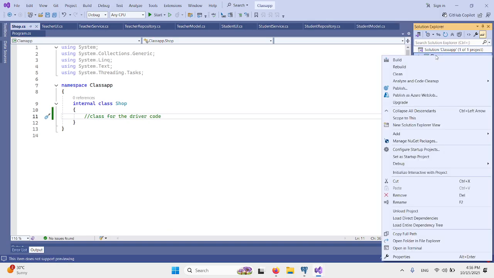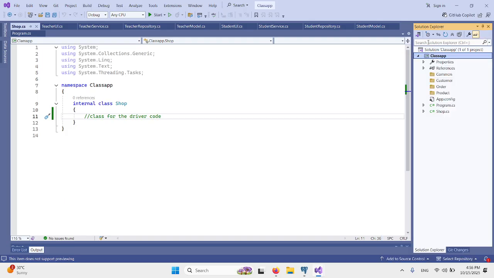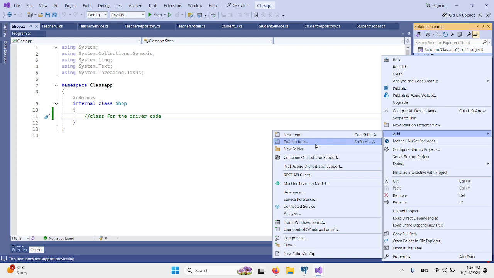Yeah, folder. You can right click on the project name. Actually, this is a solution and this is a project. So in a single solution, you can create multiple projects. So when you create a folder, you need to click on the project. You can go to add and choose new folder. But I would suggest don't follow me in this lecture. You can watch this video later on and follow the steps. If you do it now, you will miss so many things.